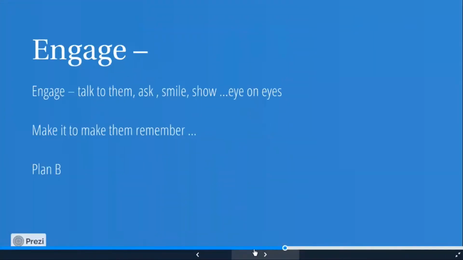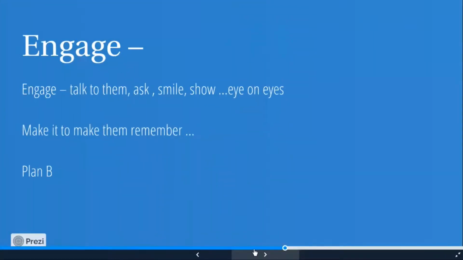And the next one, engage the audience. It could be the audience, it could be people, or it could be your teachers. Engage them, talk to them, smile at them, always maintain eye contact, never take your eyes away. Don't keep looking at the screen, never read what's on the screen. Just keep talking to the audience. And say things that may help us remember you.